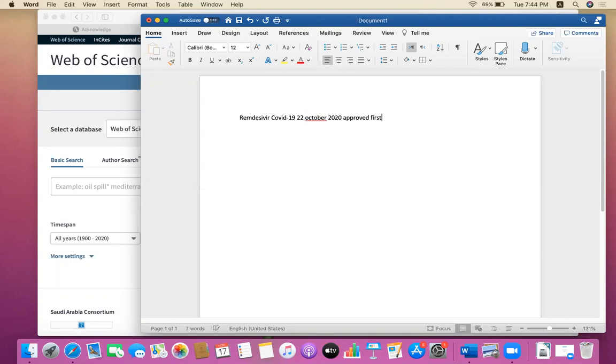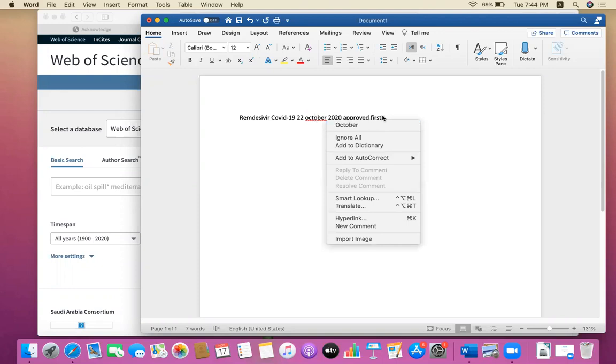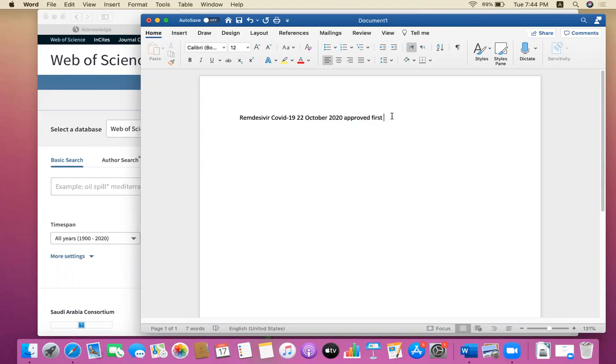the first drug to treat severe adult patients with COVID-19. So I am writing this review article on COVID-19 remdesivir.